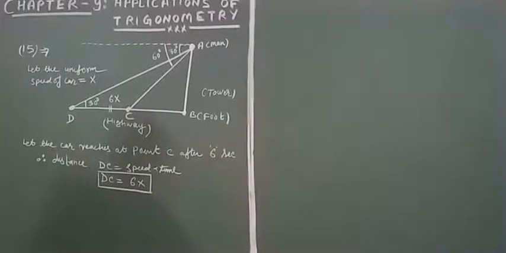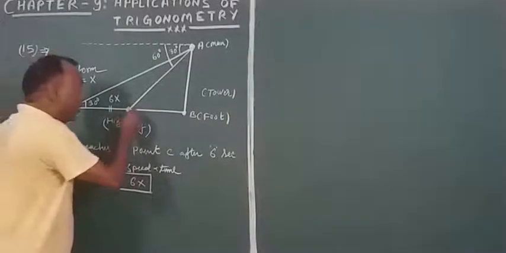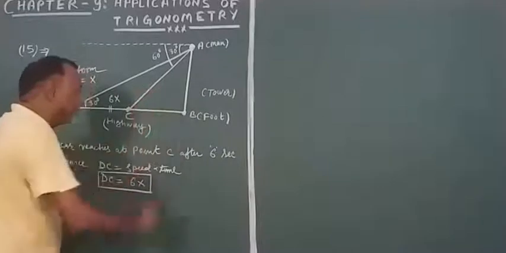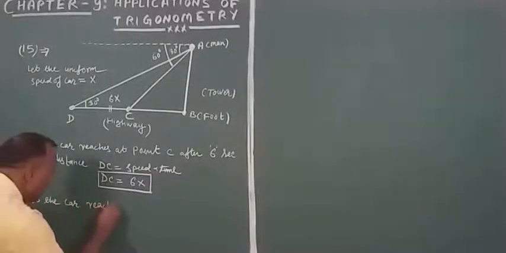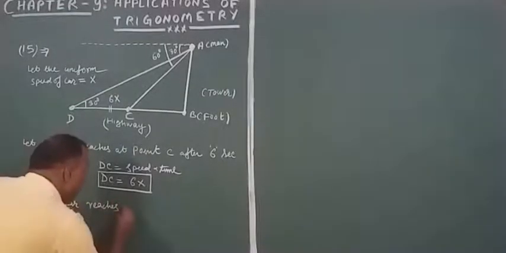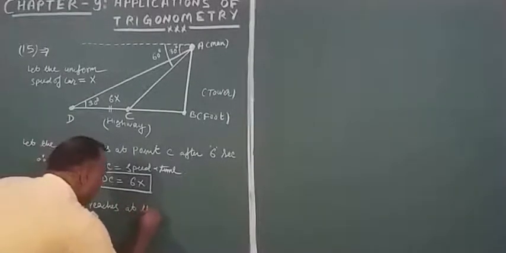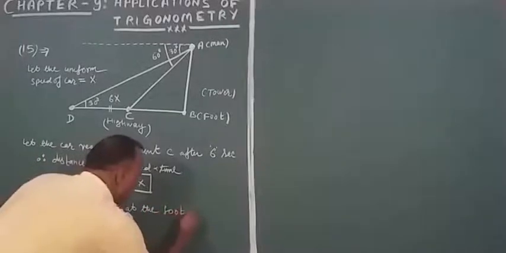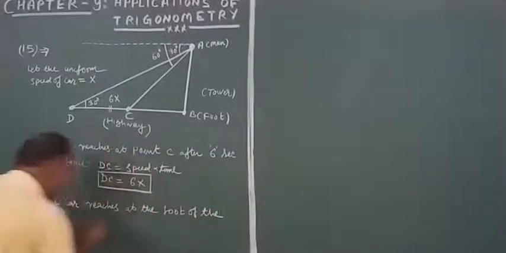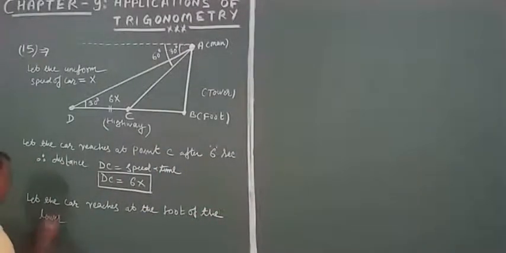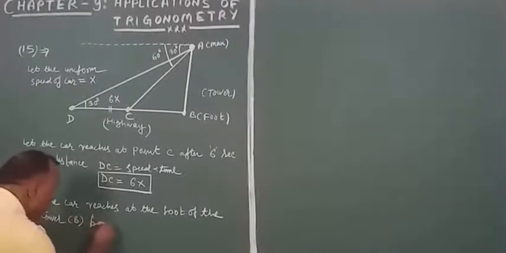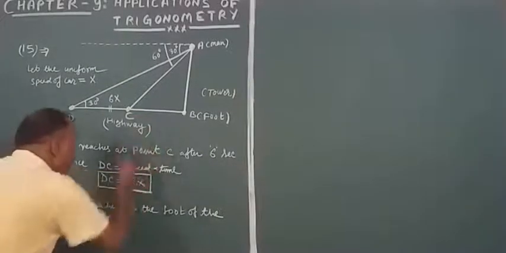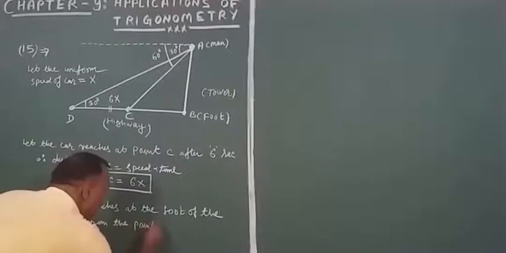Find the time taken by the car from this point to D. We have to find the time taken to go from here to here, from C to B. Let the car reach at the foot of the tower B from the point C